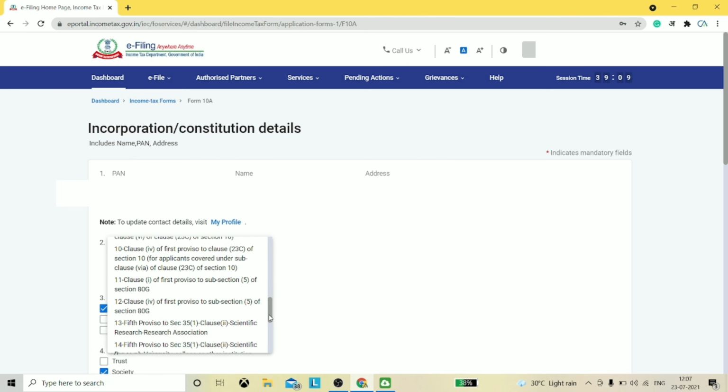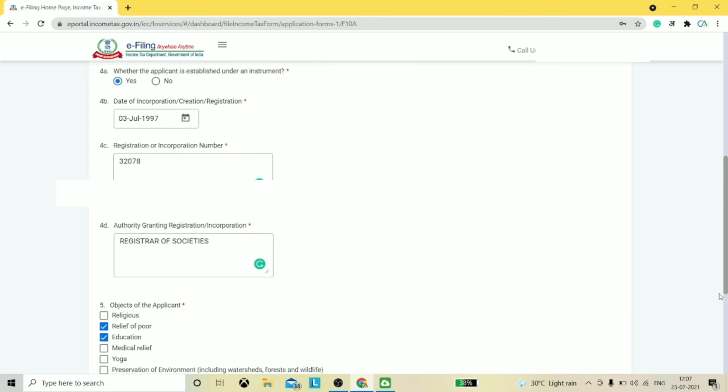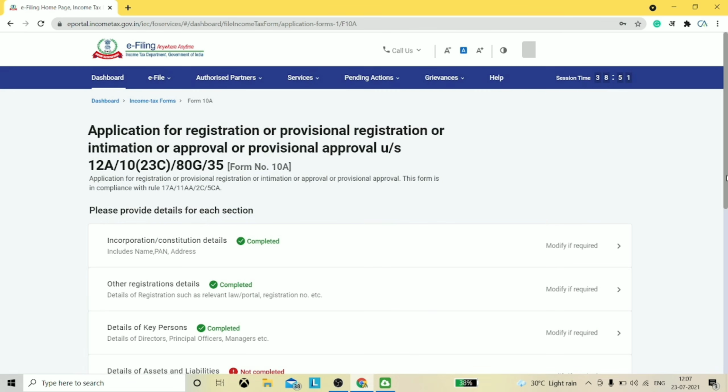So even in case of fresh registration under section 12A, this section of the form will not become active. So if you select code number 12 and when you move ahead to this section,